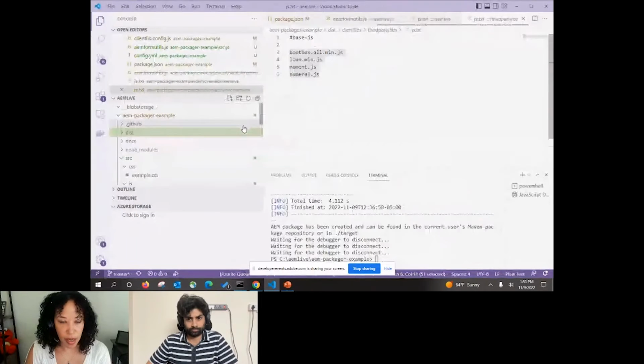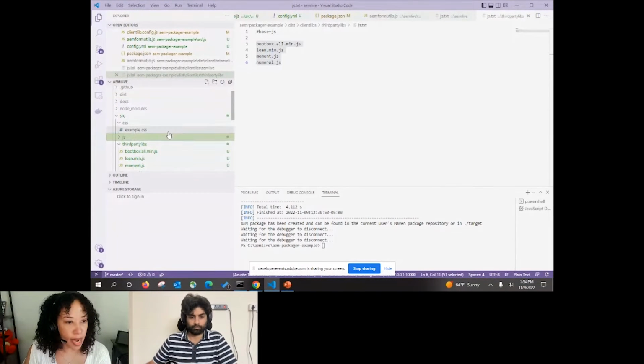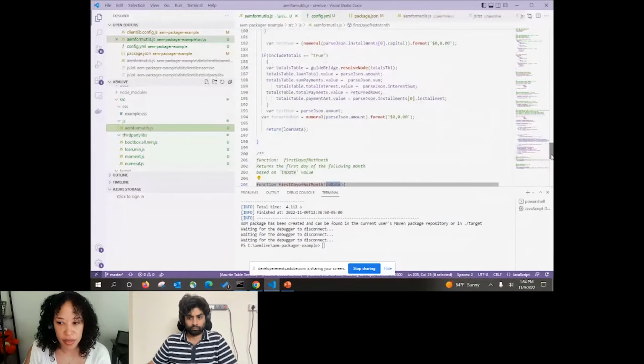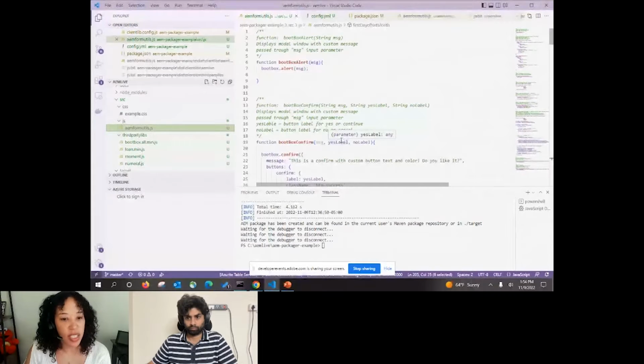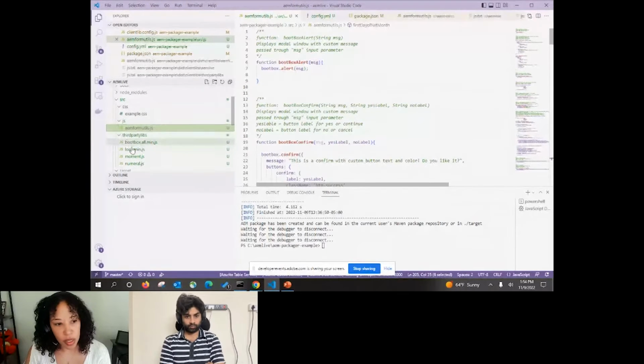All right. So here I am in Visual Studio Code. And I actually have an AEM packager example project set up. Here I have a source folder, and I have an AEM forms util file. This is a JavaScript file with functions. The way AEM forms rules editor leverages client lib is it's actually able to read the functions that you create in a JavaScript file. Under there, I have a third-party folder with my third-party JavaScript libraries here.